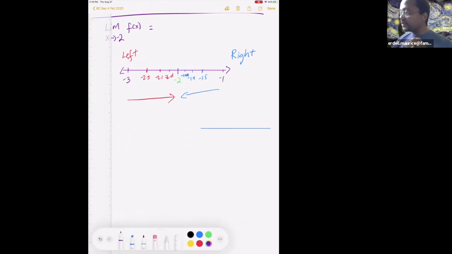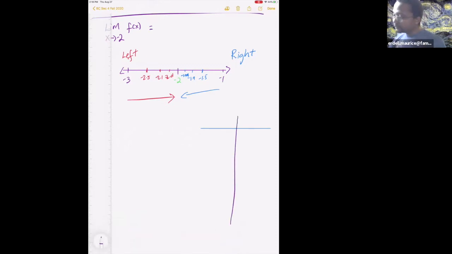So with that being said right here, I'm putting together a number line, X and Y, and I have, say, what number comes first, -1 or -2? Let's put -3, then -2.5, -2.1, and -2.01, -1, -1.5, -1.9, -1.99. And what I'm going to have to do is take each of these